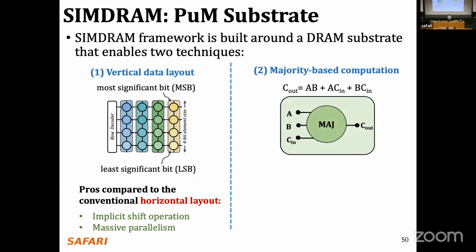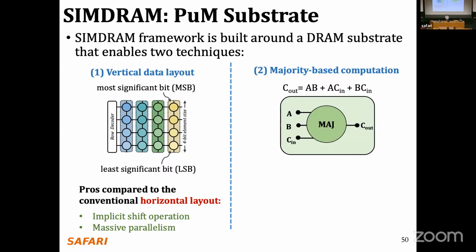Another thing that we are going to do is fully leverage majority-based computation. In Ambit, if you recall, we are setting one of the inputs of the operation to either 1 or 0 to implement AND and OR. We can use AND, OR and NOT to do the computations, but in most cases this is going to lead to more triple row activations required to do a given computation.